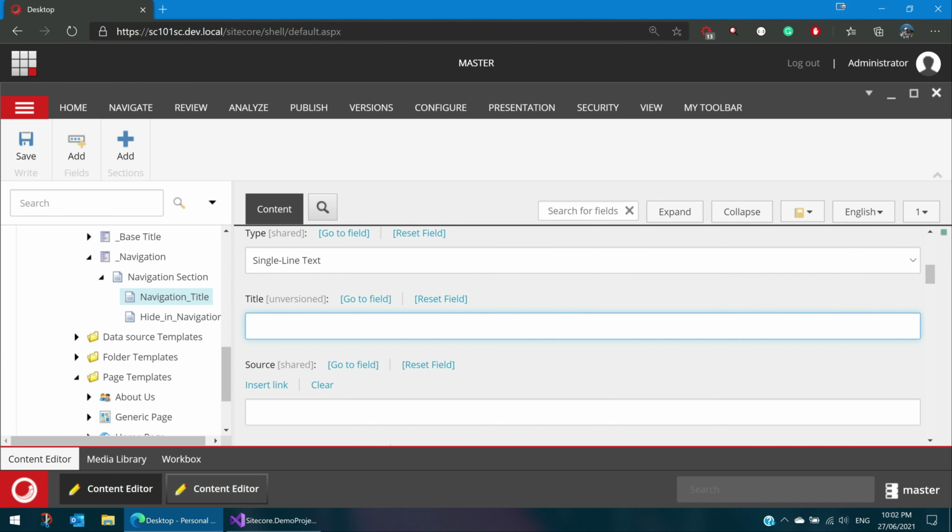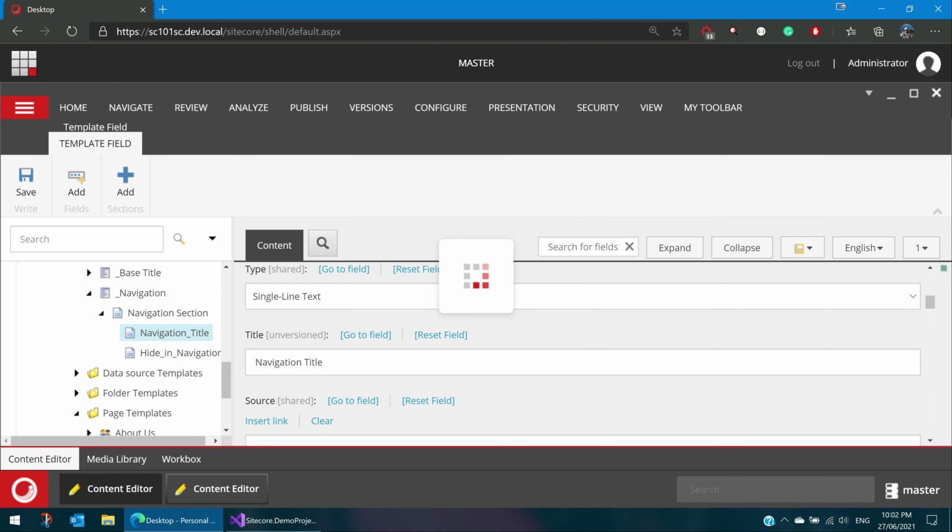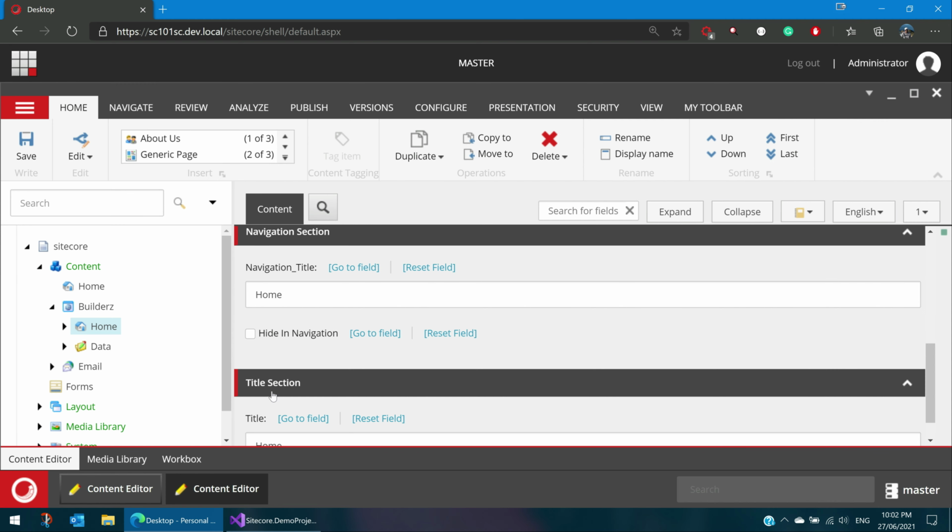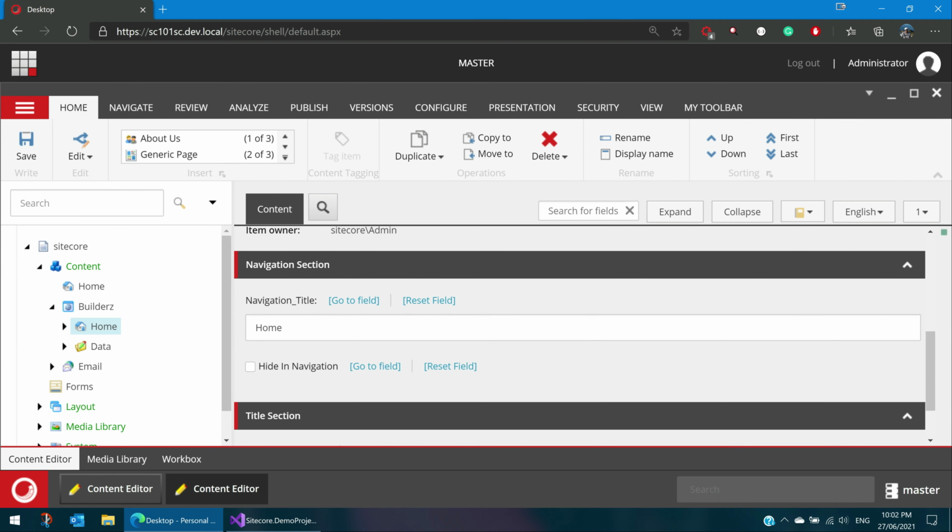So in title, you can keep navigation title or whatever the readable name, the display name. Then if you go back, earlier there was an underscore, but if you click on this, now the underscore disappears, because this is now using the field title. That is the difference between field name and field title.